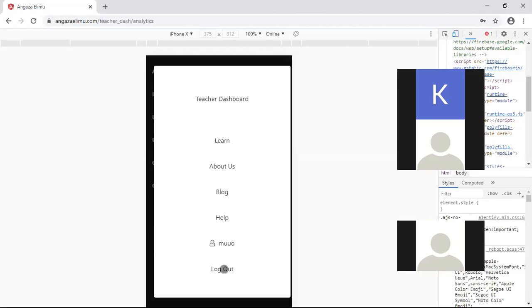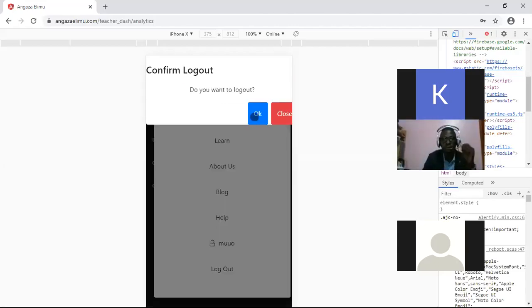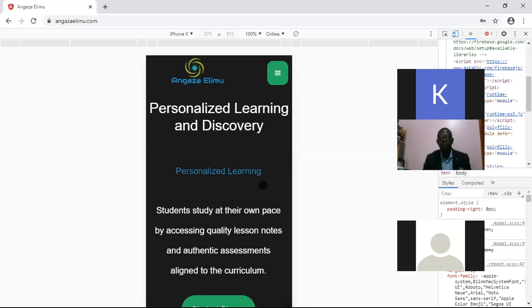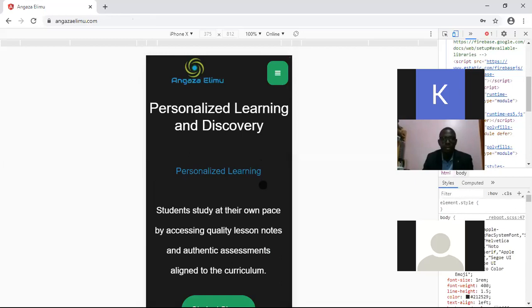If you can all see my screen. Okay. So just super quickly, this is the layout of the mobile phone. Immediately you go into the mobile, you sign in using the mobile phone. This is what you get.